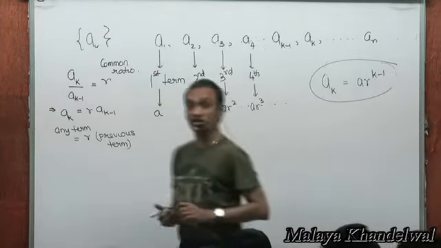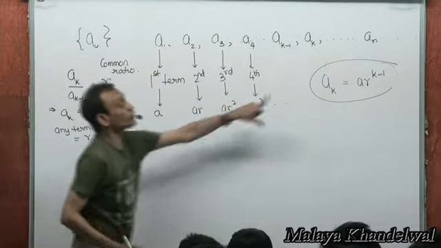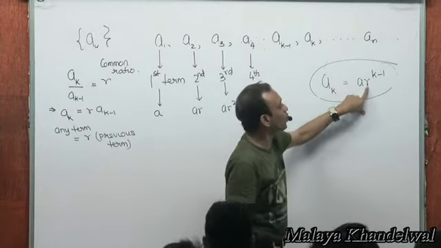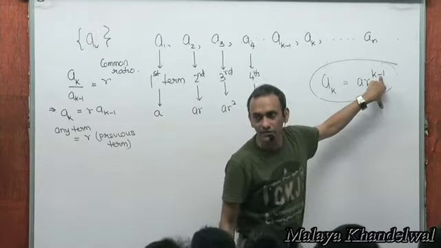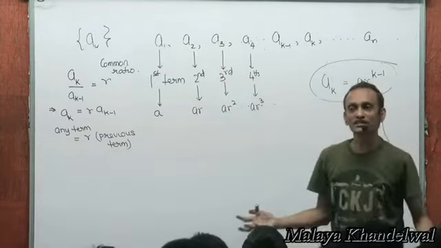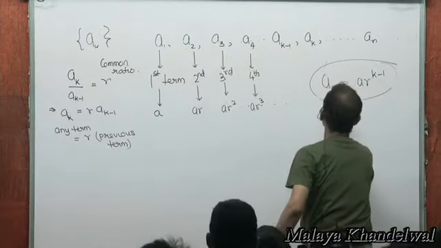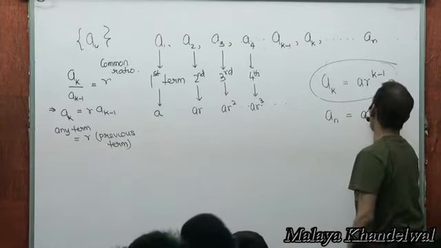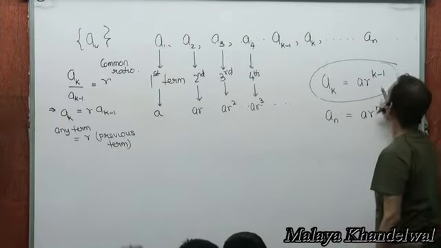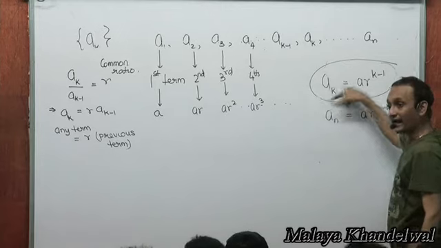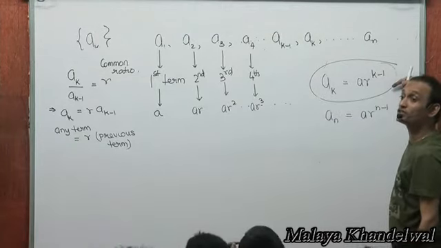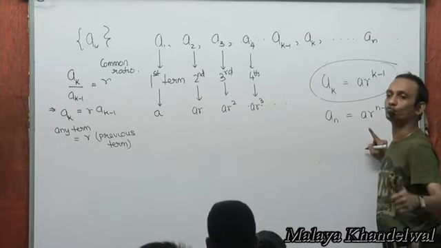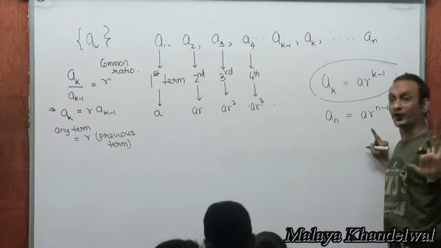Do you all understand this? Right? So the kth member of the sequence would be the first member into common ratio to power K minus 1. That will give me the kth term of the sequence. The nth term of the sequence is going to be the first term A into R to power N minus 1. Put K equal to N, you will get the nth member of this collection of terms with common ratio R, first term A. Yes or no? Yes, no confusion about this, right?